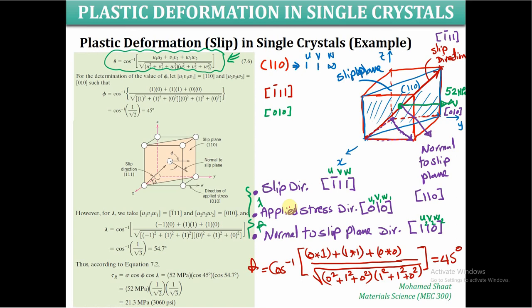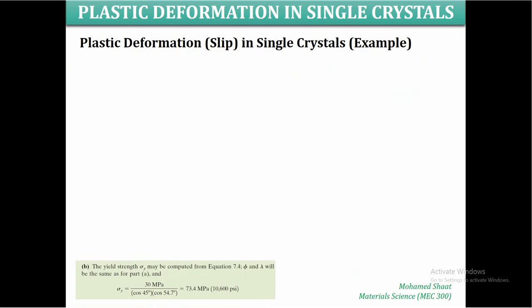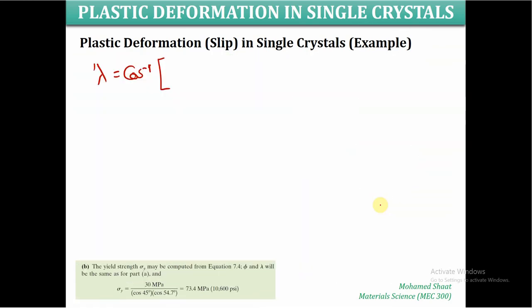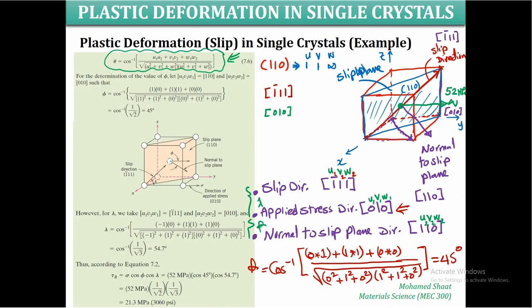The slip direction and the applied. All the time the applied shear stress is common between the two angles. So you're going to consider this as U1 V1 W1, and this as U2 V2 W2 when you calculate lambda. If we do the calculation, lambda is going to be the cosine inverse of, we do have here U1 V1 W1,